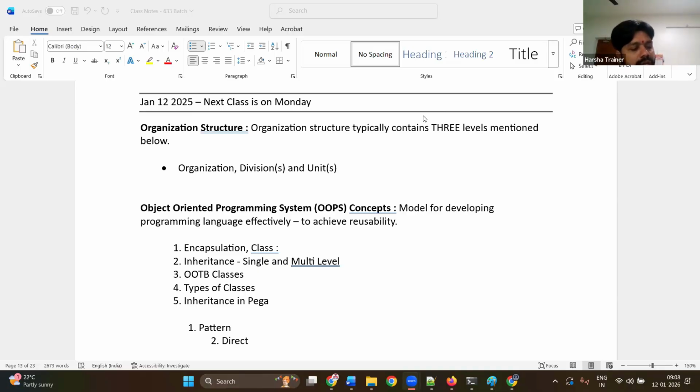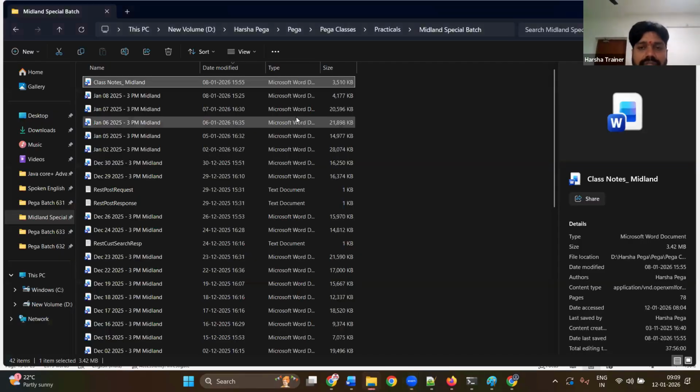Definitely, they are going to tell you that, hey, we will initiate a transaction for auto sales. But where they will receive these autos from, anything they want, a unit will always receive from division. Anything that is required for a division will be received from organization. So the 3 levels are organization, division, unit.